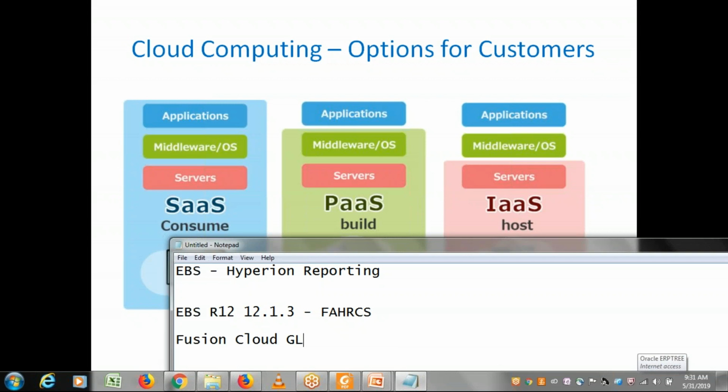Fusion Cloud GL. In the Fusion Cloud GL, we have Hyperion reporting, which we call FRS, Financial Reporting Studio. By using the Financial Reporting Studio, you'll be able to prepare the Hyperion reporting. There is one feature called FRS in Fusion GL. If any client wants to use the reporting tool called FRS, which is a part of Fusion, they can